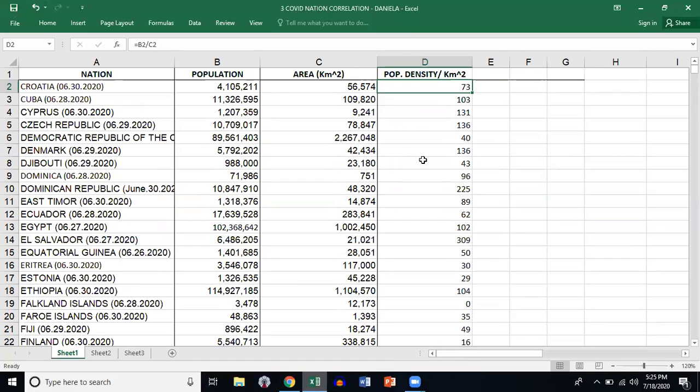Once you do these densities, send it to me as soon as possible to give you the next item, which is going to be, we're going to add two more columns, which is going to be number of infected people by COVID. So column E is going to be number of infected, and then column F is going to be number of deaths. All right, so this is where your real research is going to take off like gangbusters, because now you